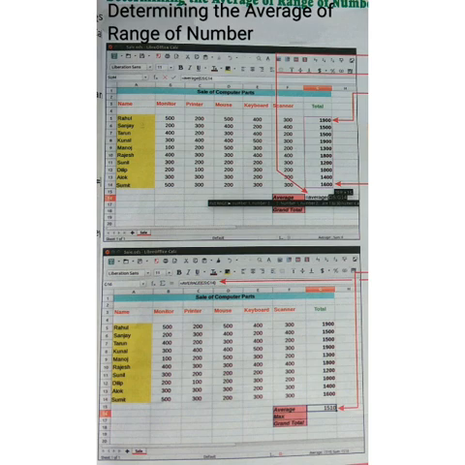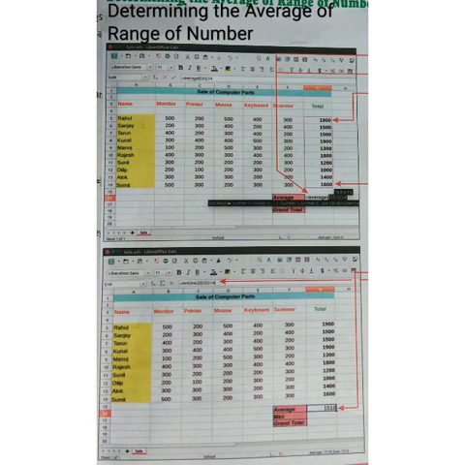So for that we need to use the average function, which determines the average of a range of numbers. The average function sums the numbers within a specified range and then divides the sum by the total number of non-zero cells in that range. You understood in maths that to find an average we add all the numbers and then divide by the count of non-zero cells in the range.